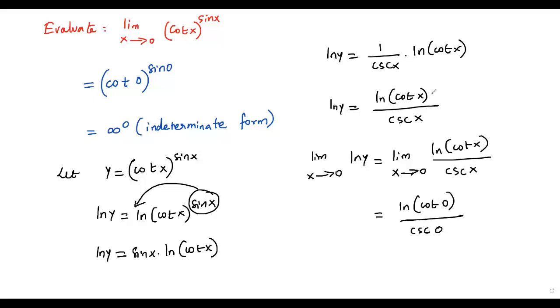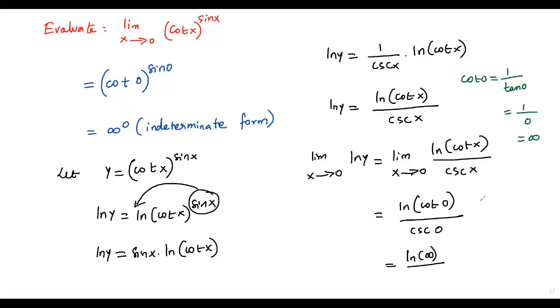Okay, so to evaluate cotangent 0, we can use tangent, because cotangent is the reciprocal of tangent. So cotangent 0 can be written as 1 over tangent 0. We know that the value of tangent 0 is 0, and 1 over 0 is undefined. Already we have done this. So for cotangent 0, we can plug in infinity or undefined. So ln of undefined over